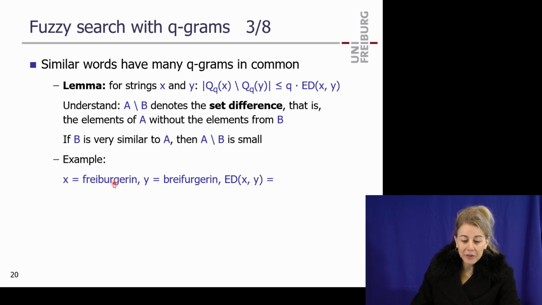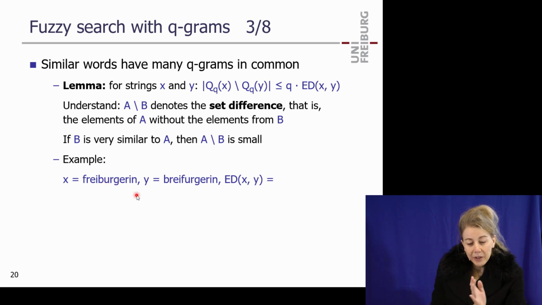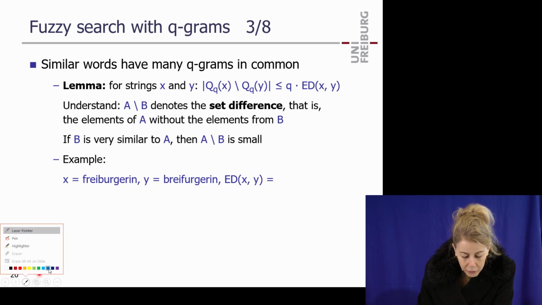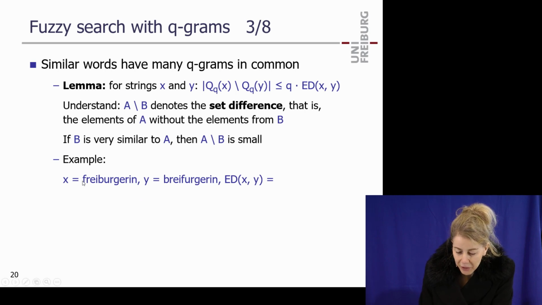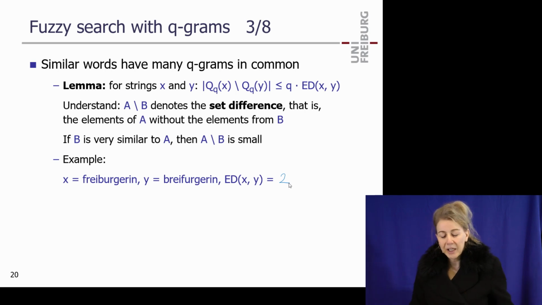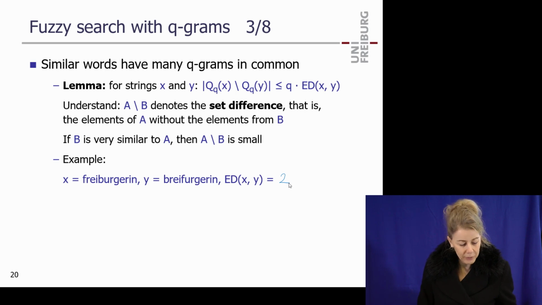Let's take a little bit longer strings. What's the edit distance between Freiburgerin and Breifurgerin? What was it? Yeah, it's 2, right? It's just 2 letters. I mean, they are swapped, but it doesn't matter. The F is replaced by a B. So the edit distance is 2. And right now we're just talking about edit distance. Prefix edit distance will come later, and it will actually be very similar. But for simplicity now,